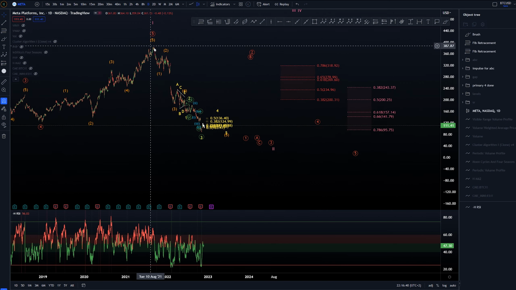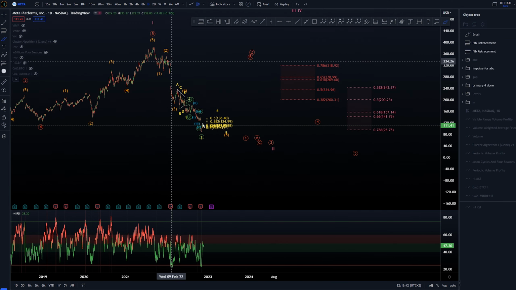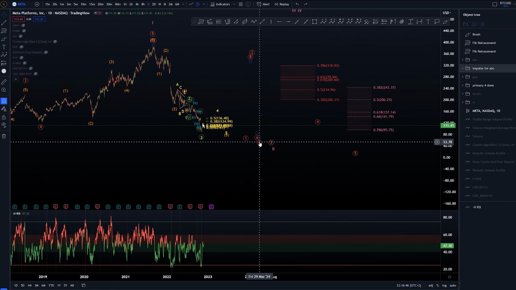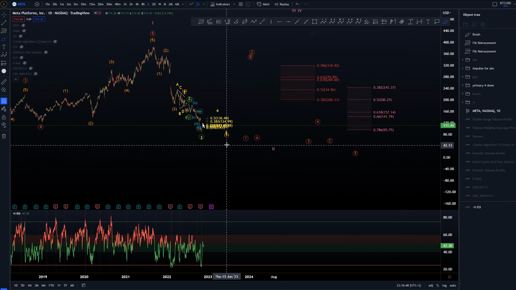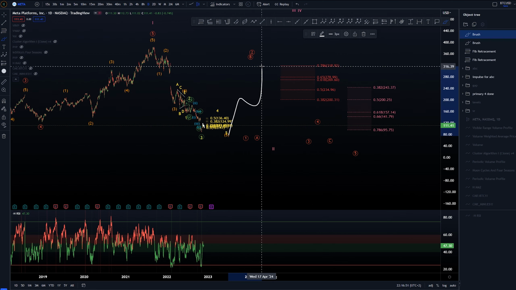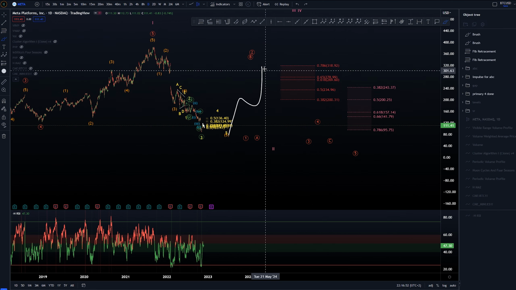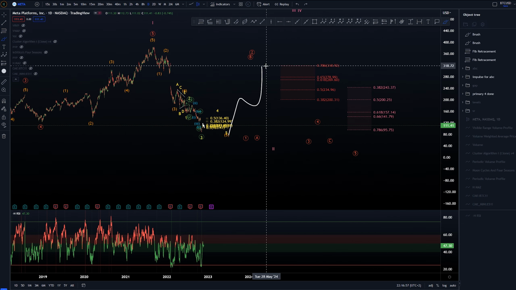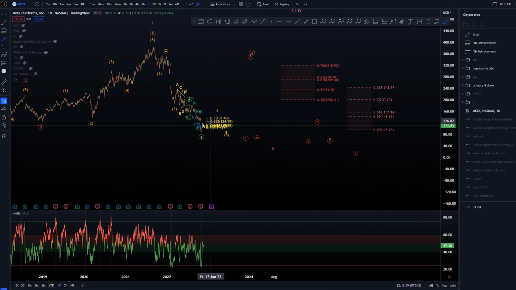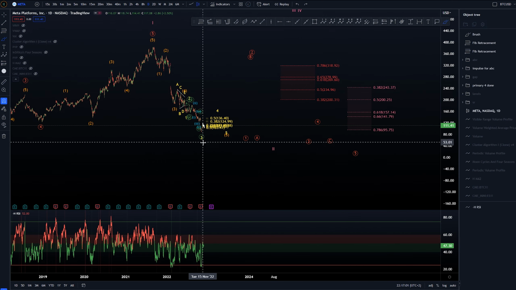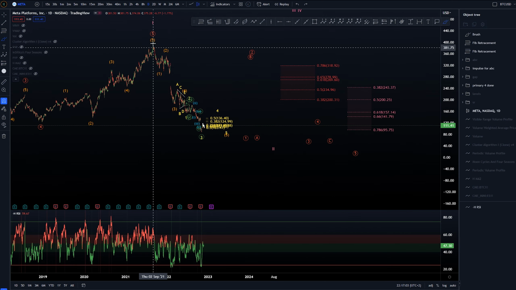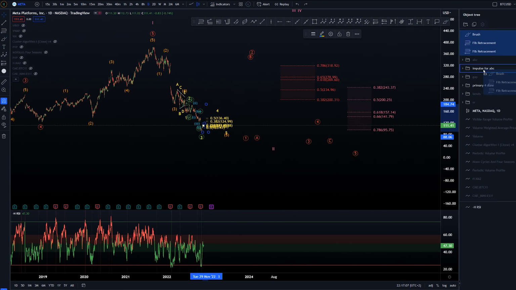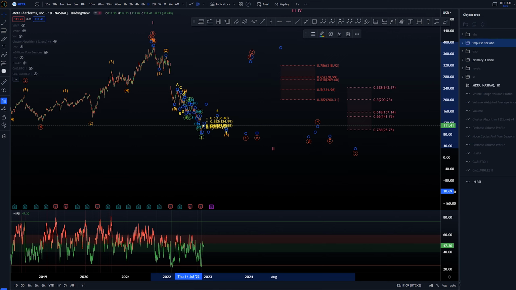Again, unfortunately, as this has a 5-way move, this means that this would be either the A wave or the wave 1. And then we would be getting a 3-way pullback for a wave B or wave 2, and then another continuation of 5 waves to the downside. And again, that would be very bearish. At the moment, I feel like that looks better as a 5-way structure than a 3-way structure. So that's that, basically explained.